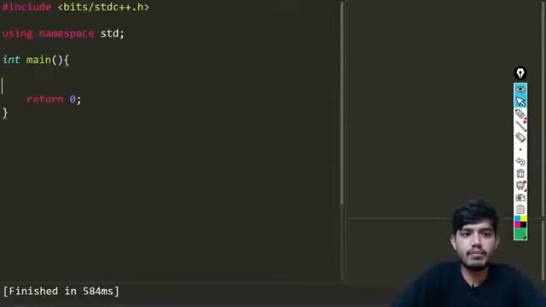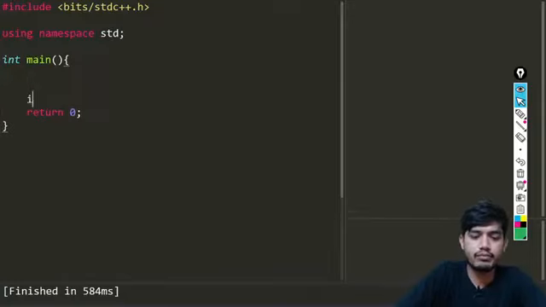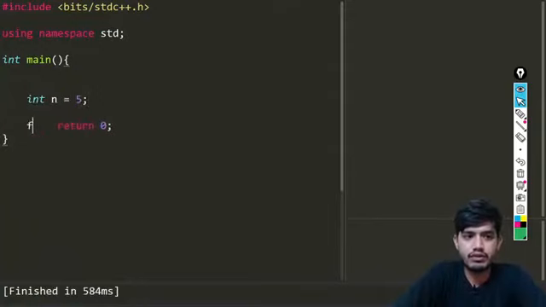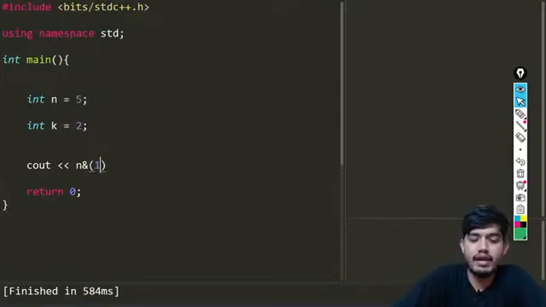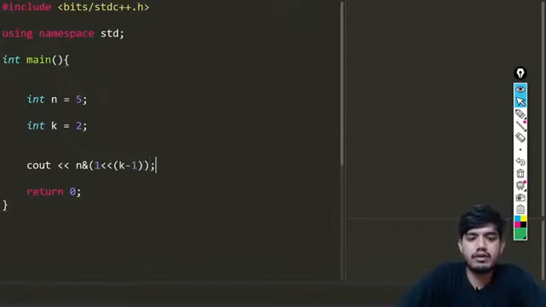Give me the boilerplate, and I'm going to give n equals 5. Then I'm simply going to take the k value, where k is the second bit, and print it. We want to print the AND value of n and 1 left shifted k minus 1 times. Let us see the output.